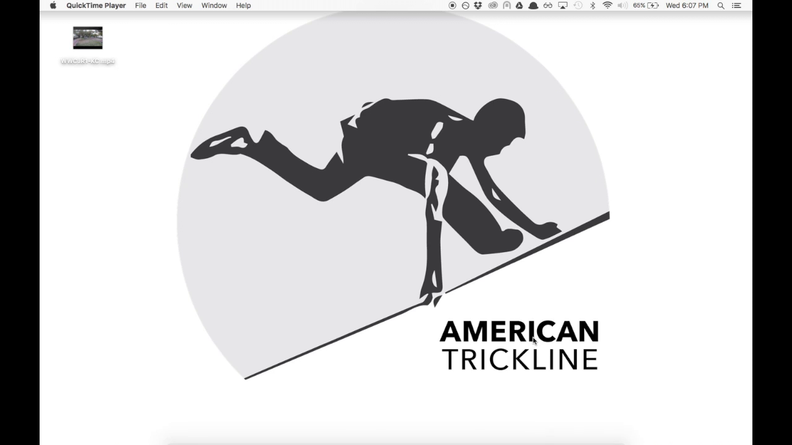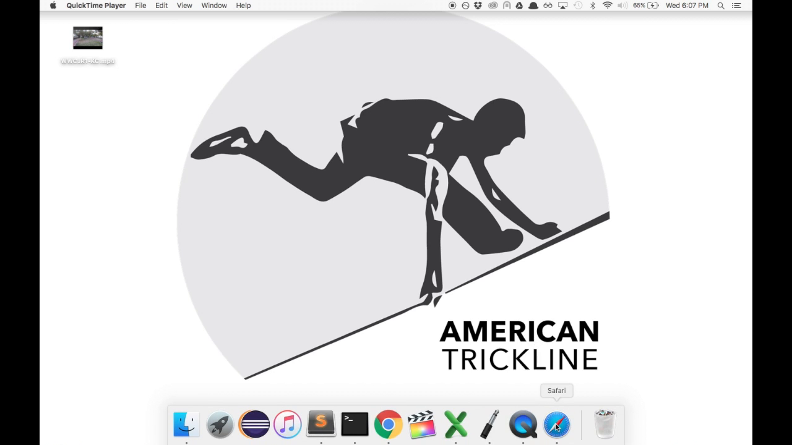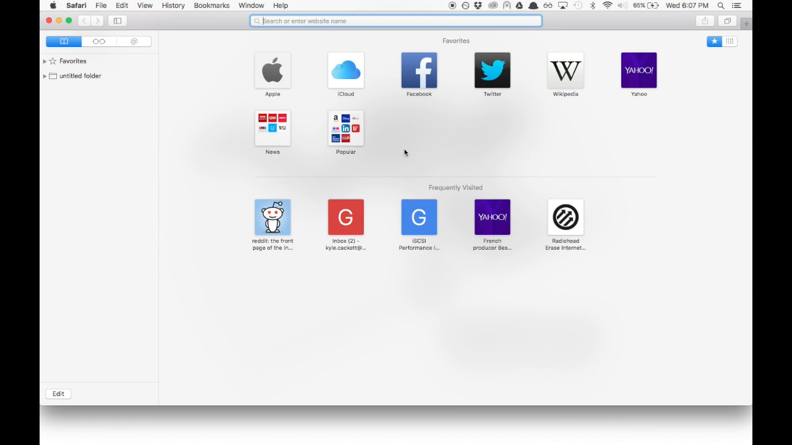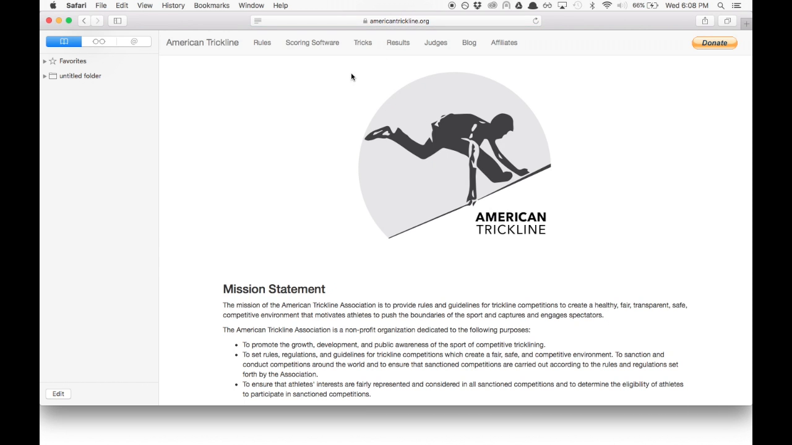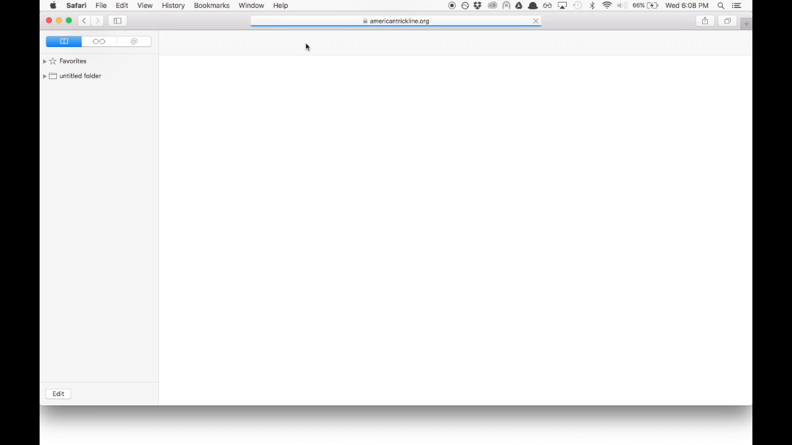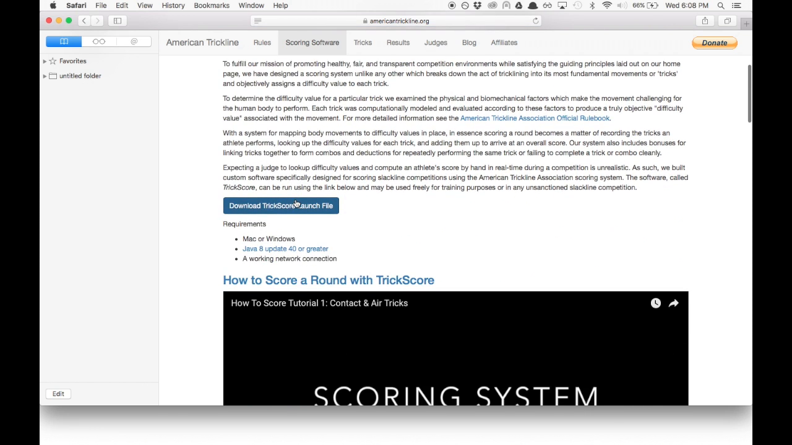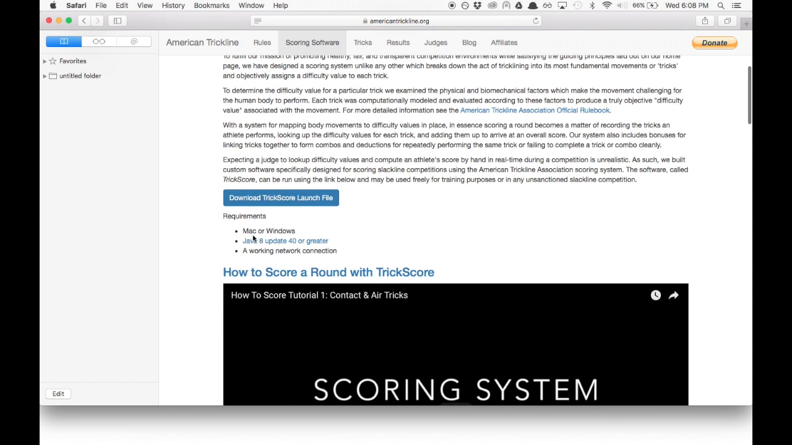So to do that, I'm going to open my web browser, Safari, and then I'm going to navigate to the American Trickline Association website, and that's at americantrickline.org. Press enter. And then from the home page, I'll go to the scoring software page up here. And I scroll down. And now I've got a couple of requirements and then this button that allows me to